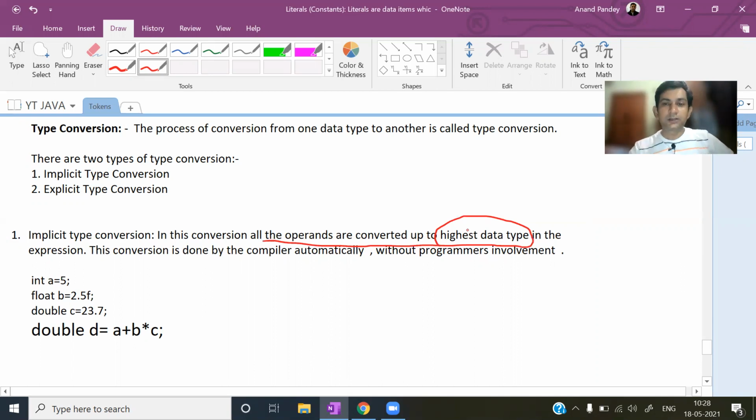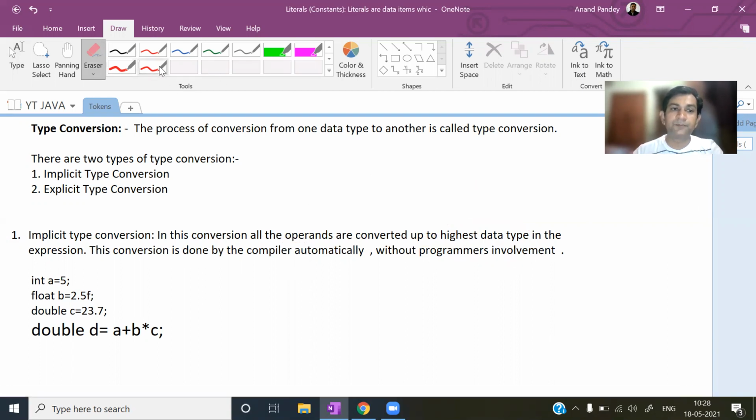If you remember, in my previous video I told that byte is the smallest data type, then short, then int, then long, then float, then double. Means the smallest data type is byte, and in the same sequence byte, short, int, long, float, double, double is the biggest data type. And we decide on the basis of their range. See the previous video to make it more clear.